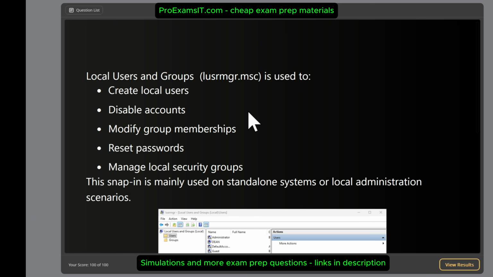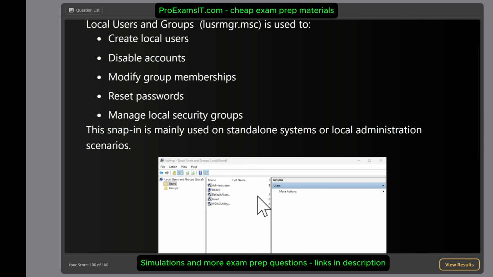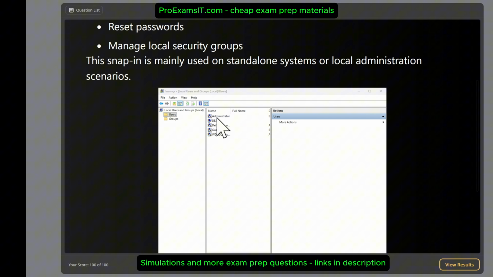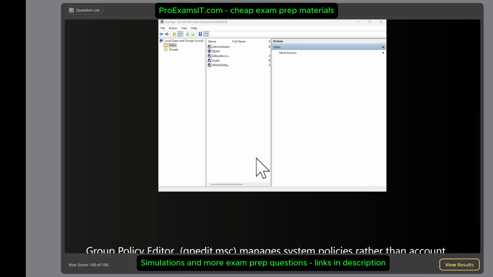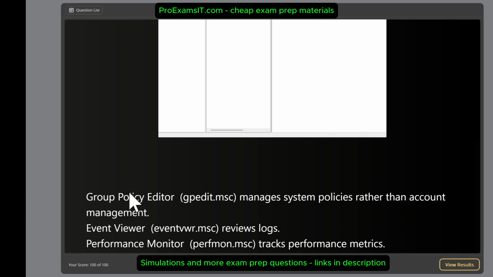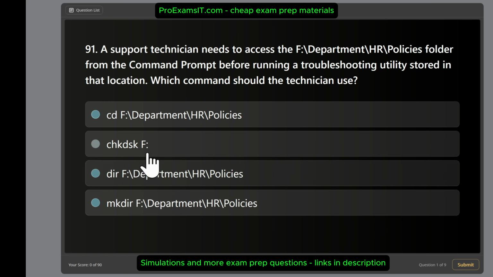Local Users and Groups is used to create local users, disable accounts, modify group memberships, reset passwords, manage local security groups, and more. This is mainly used on standalone systems or local administration scenarios. Okay, so make sure, guys, you remember that. We have Group Policy Editor. This manages system policies rather than account management. We are continuing with